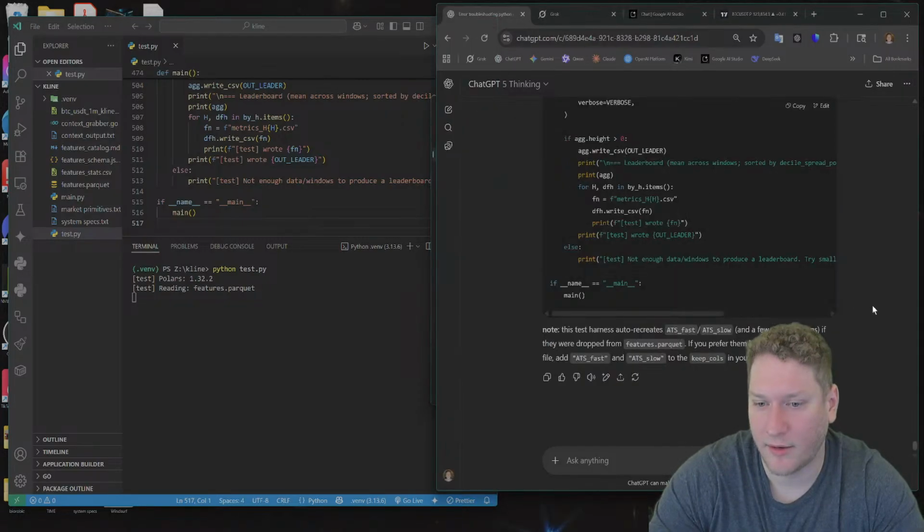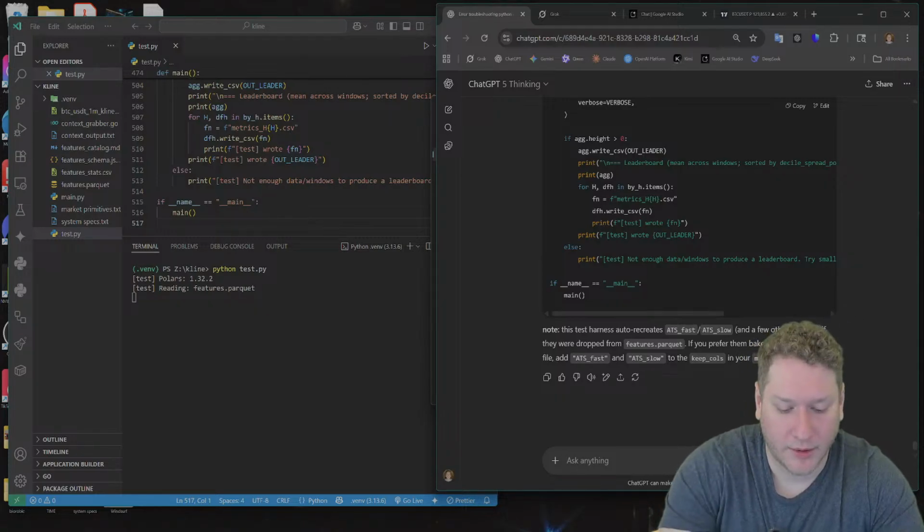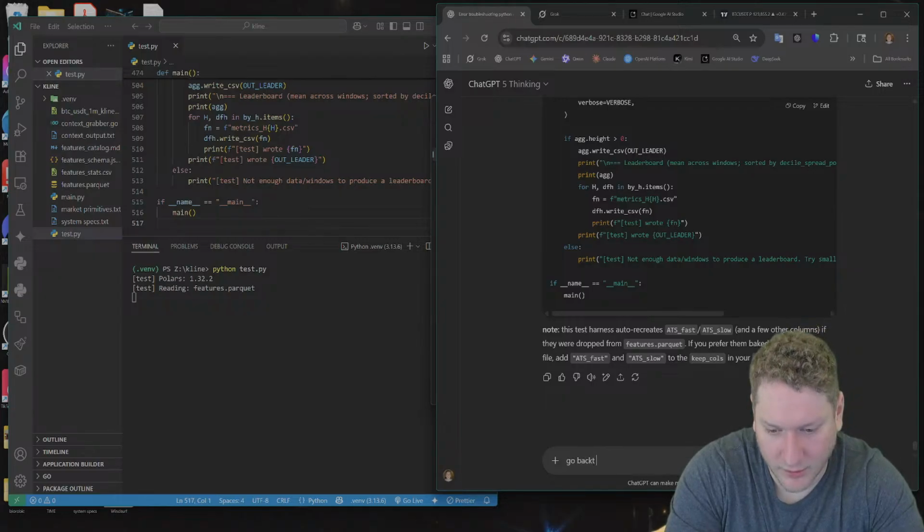I wonder how it's going. Okay. Auto recreates ATS and other few columns if they were dropped from. Oh boy. Go back to main. Output full code.